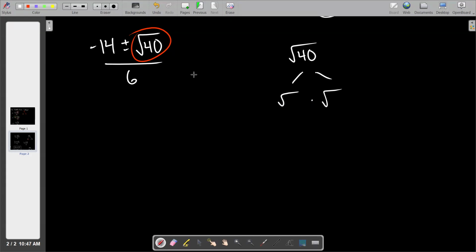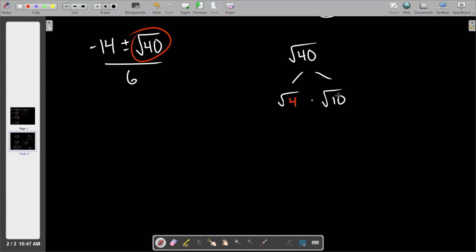And I'll say the same thing about 8 and 5. Listen, I'm happy that you know that 8 and 5 make 40, like for real. But again, what's the square root of 8? Nothing. Ain't happening. Square root of 5 ain't happening. So what we do is we search through factor pairs until we find one where the answer to the question is not nothing. There is one pair of numbers that multiplies to make 40. And what is it? 4 and 10. That's the only pair you could possibly want in this scenario,